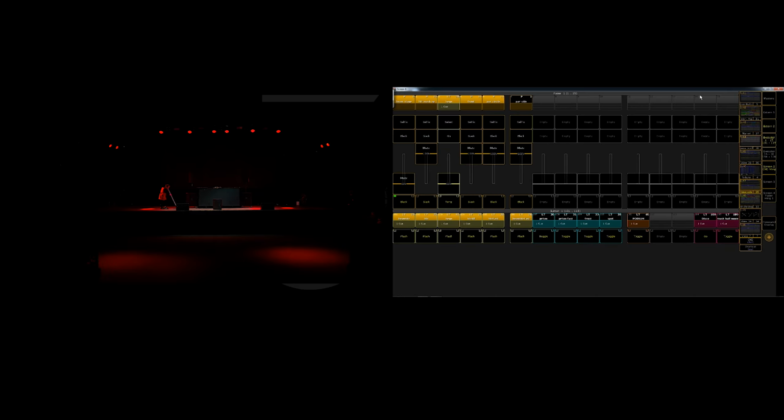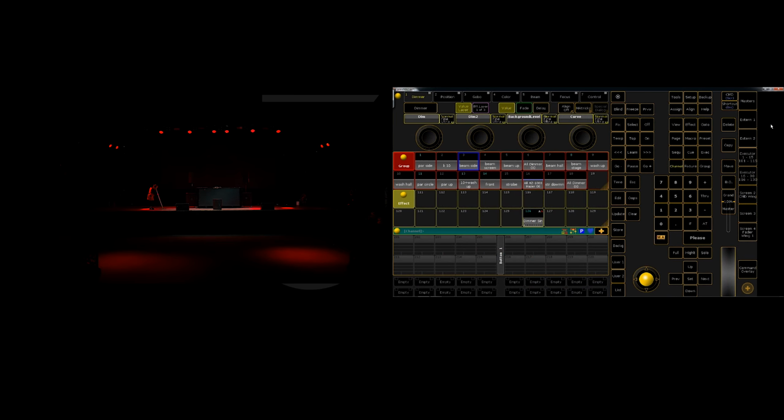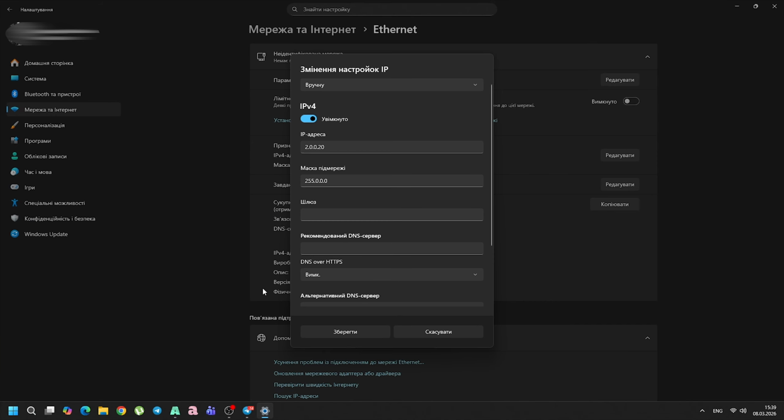And now go to Resolume. We have IP address 2.0.0.20 and subnet mask 255.0.0.0. Okay,